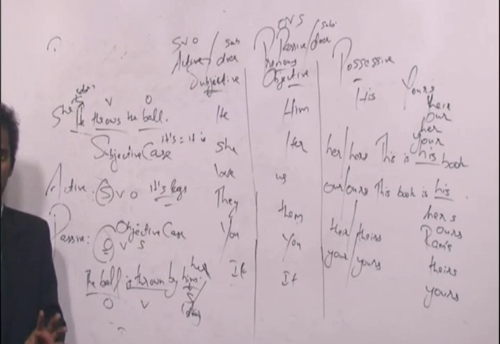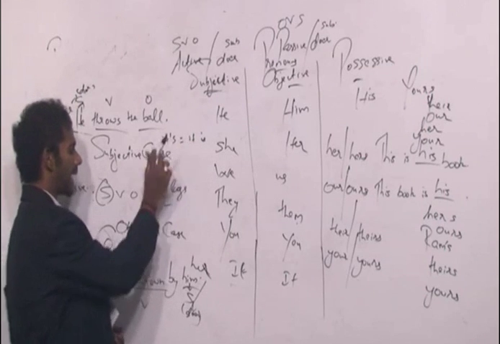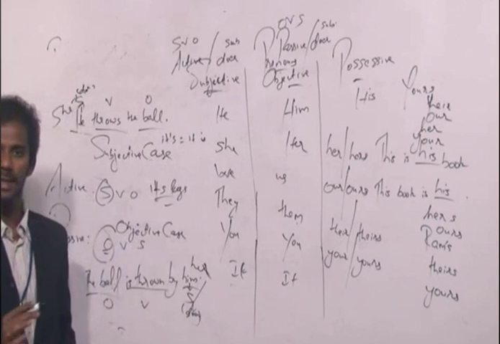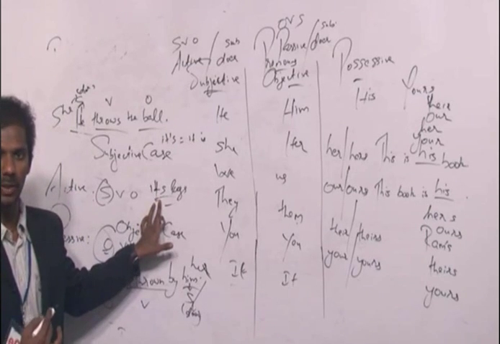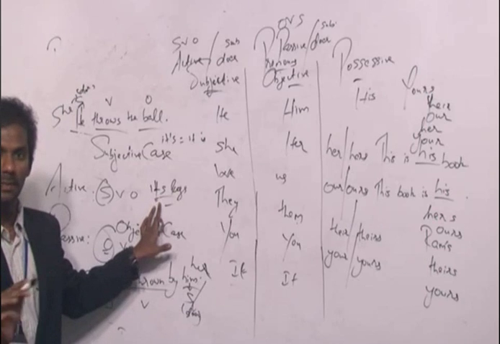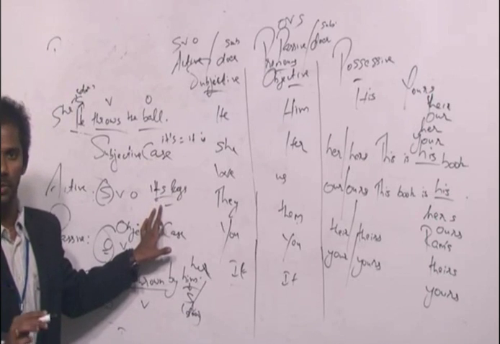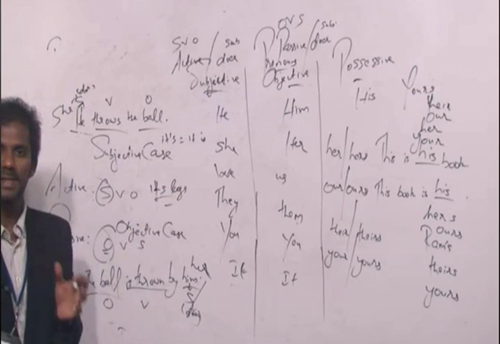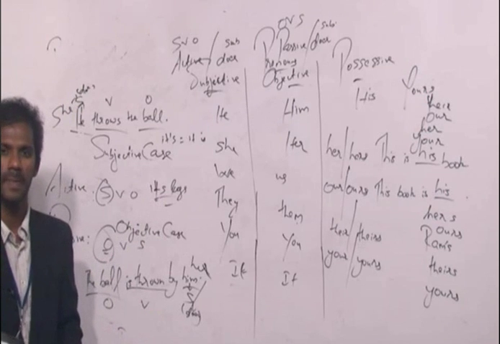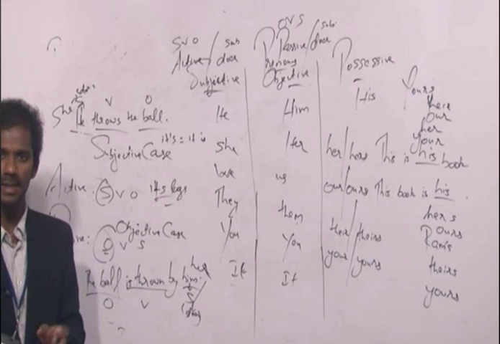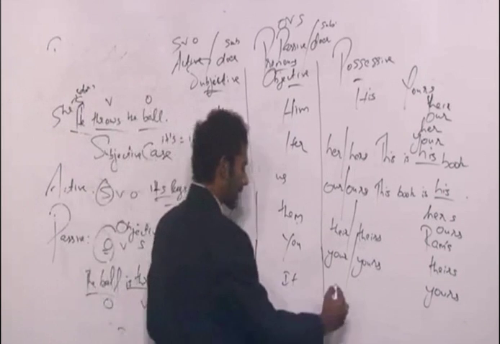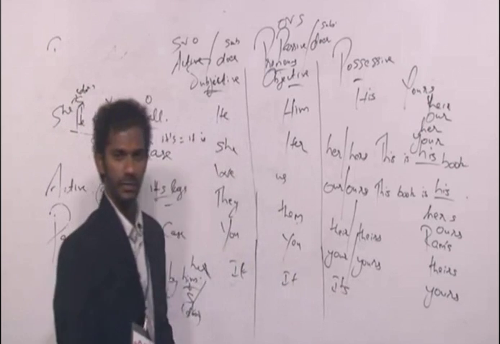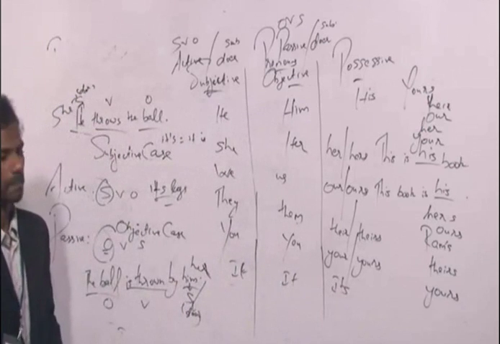That means I'm showing possessive case using a pronoun. So apostrophe should not be used. So it should be its. These are its legs, because I'm showing possessive case using a pronoun. It is a pronoun. So as the rule says, apostrophe should not be used when we show possessive case using a pronoun. These legs are its. So it is both subjective as well as objective, whereas its is possessive. Got it?